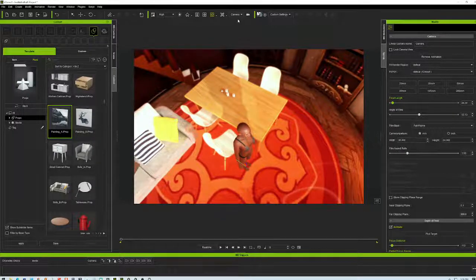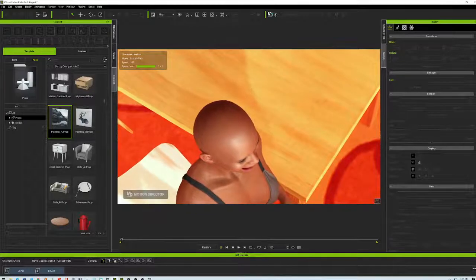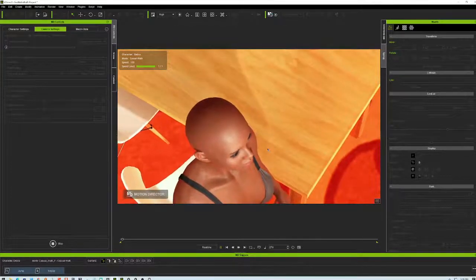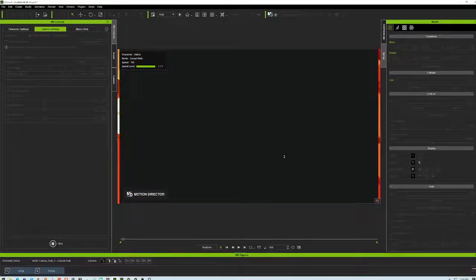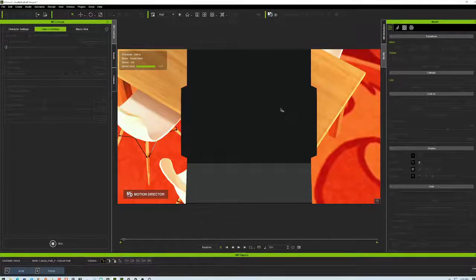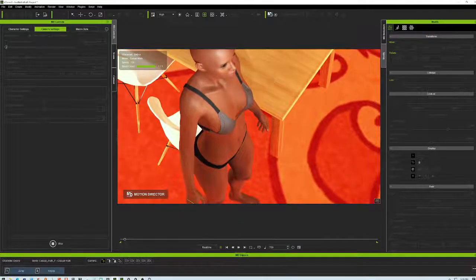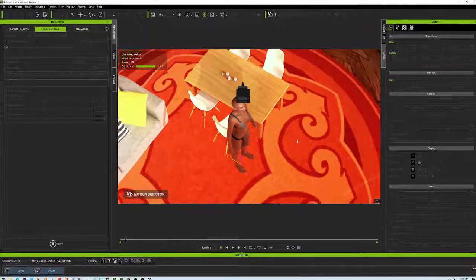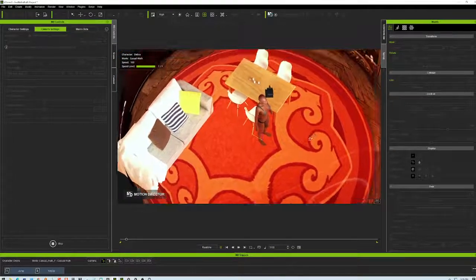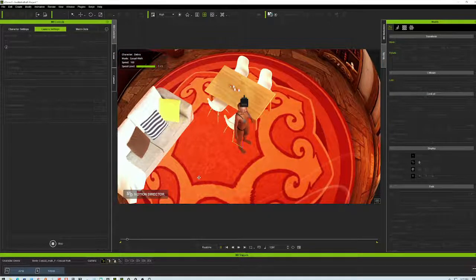So let's see now if we can try this thing with the controller again. Whoa, what's happening? You know, the foot sliding is really not that bad. I think